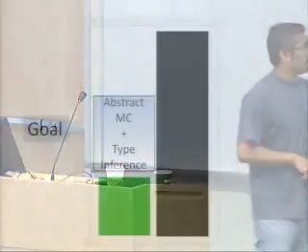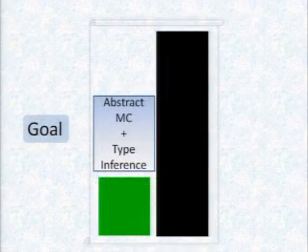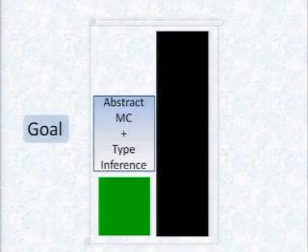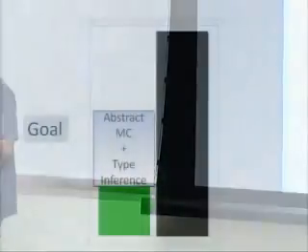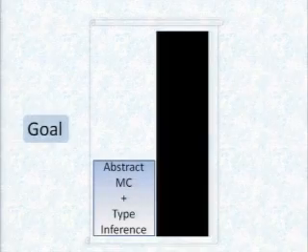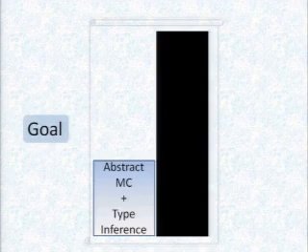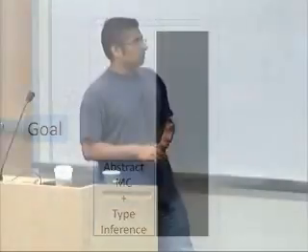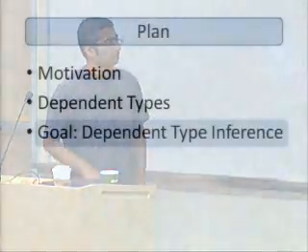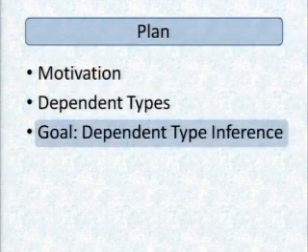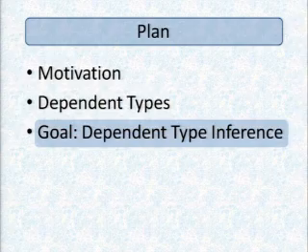And so what we would like to do is to somehow combine abstract model checking and type inference to squish the annotations down to as close to 0 as possible. Okay? So what we want to do is to somehow automatically infer all these pre and post conditions and so on and so forth. As we'll see, this is going to let us infer properties of recursive data structures. Okay, so how can we go about inferring dependent types?